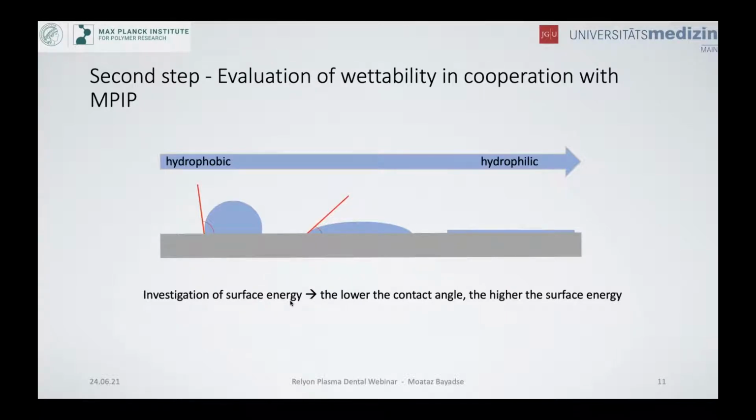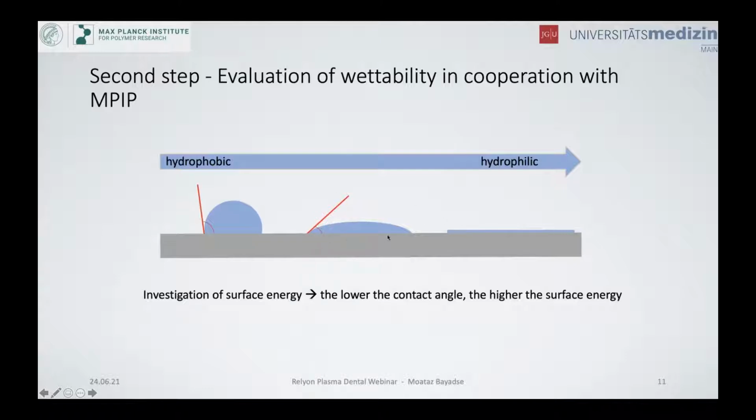We did this in cooperation with the Max Planck Institute in Mainz. But before we get to that, I would like to explain a little bit about wettability and how to interpret it. If you take a look at this liquid drop on this solid surface, and compare it with this one and this one here also, you will see that